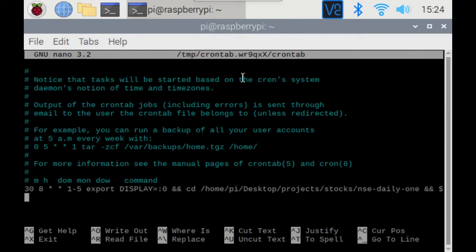So let's make it at 26 minutes past 15, and we want to run it daily. And here I will be doing /usr/bin/python3 because I want it to run using python3, and then I will be giving the path of my file, which is test_script.py,